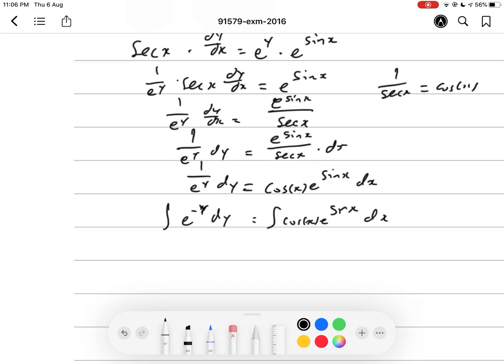Right, so let's look at e to the power of negative y first. So you're going to divide by the derivative of the power. So divide by -1 gives us negative e to the power negative y. Power stays the same. So this becomes negative e to the power negative y, and that equals